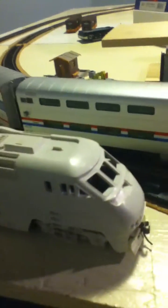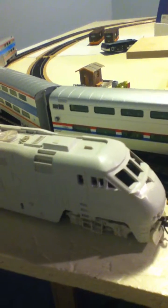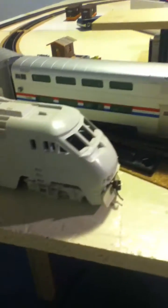Now, I know this is totally blank, and I actually got this because I planned to make it a custom train. And I'm going to tell you what train I'm going to make it into. Hopefully sometime soon, I'm going to paint it and decal it to look like a Metra MP36PH-3S locomotive. Although I know Metra doesn't have F59PHIs, this was the closest I could get to the MP36